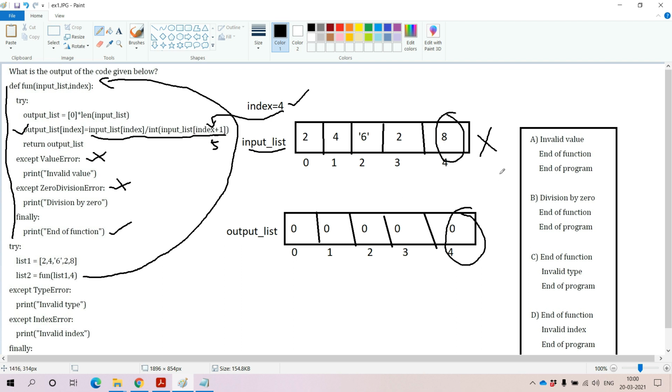We need to check out of all the 4 available options, in which option we are having the first statement is end of the function. In the first option there is no end of the function as a first statement. Due to that reason it is an invalid option. And coming to the second option also, the first statement is not at all end of the function, it is also a wrong answer. And coming to the third option, end of the function is available, it is the expected answer. And in the last option also end of the function is available, it is also the accepted right answer.